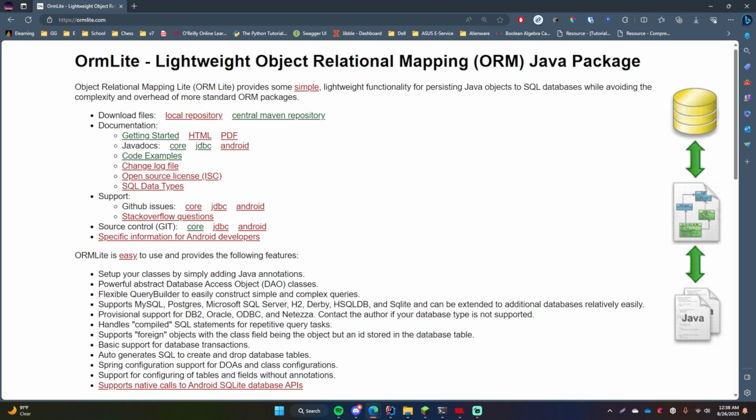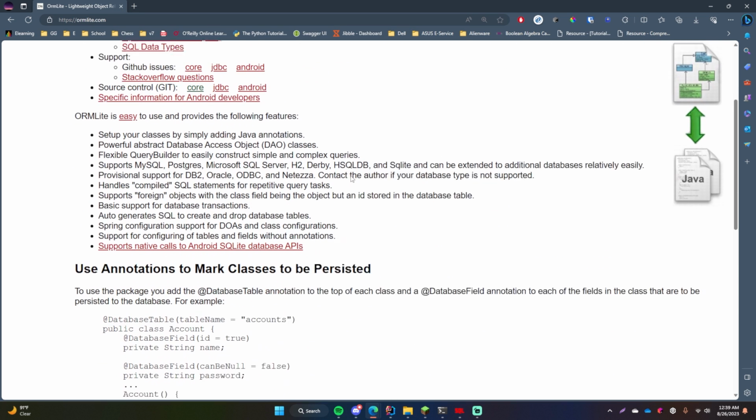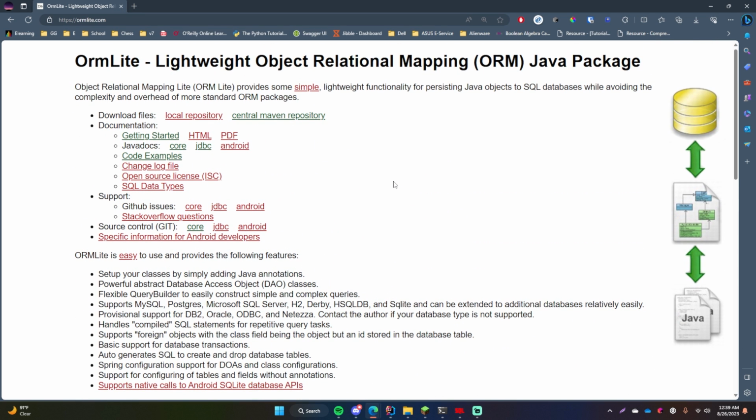But basically we can have our Java classes that represent chunks of data, and that can be automatically converted into SQL database tables for us. And then on top of that, we can use the library to query stuff on that table. We can update stuff on that table, all that just using Java objects rather than having to write our own SQL statements, right? And that's really popular because writing your own SQL statements can be quite cumbersome. It can take time, and you can also make mistakes along the way. So having something that does all the heavy lifting for you behind the scenes is really amazing.